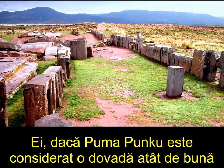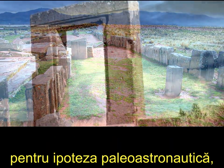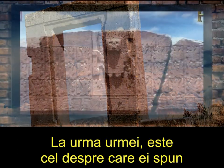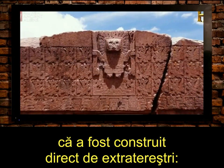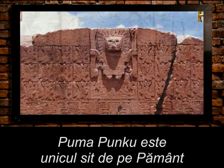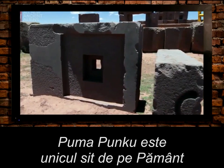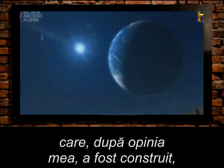Well, if Puma Punku is considered such good evidence for the ancient astronaut theory, we should probably start off by looking at it. After all, it's the one that they say was built directly by extraterrestrials. Puma Punku is the only site on planet Earth that, in my opinion, was built